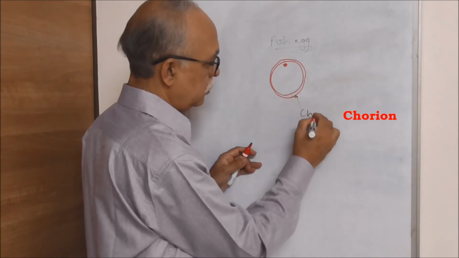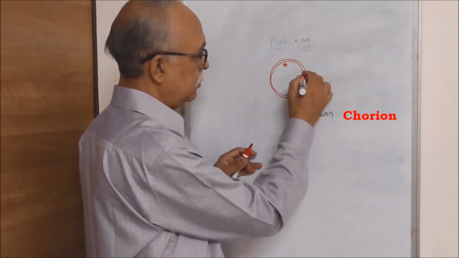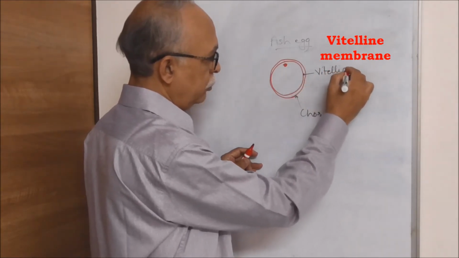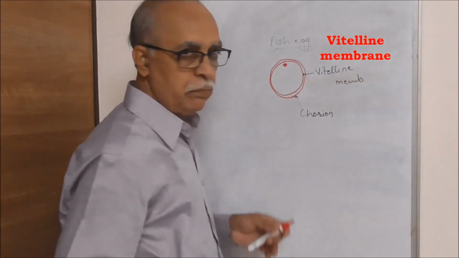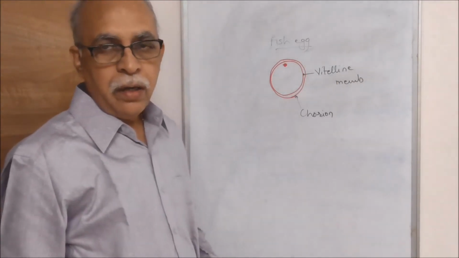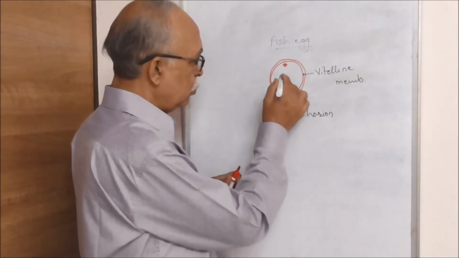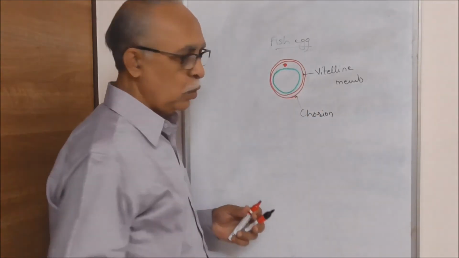This is called as a chorion. This is the vitelline membrane. As I already said, it's a megalecithal egg, so a large amount of this is occupied by yolk,